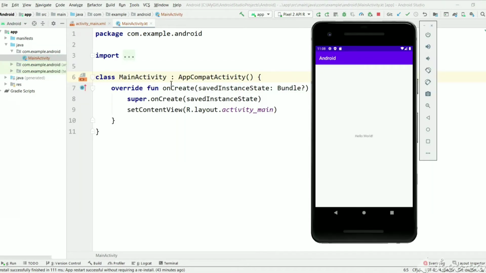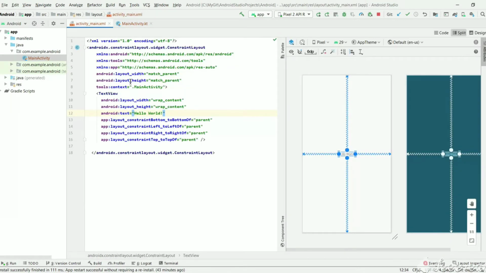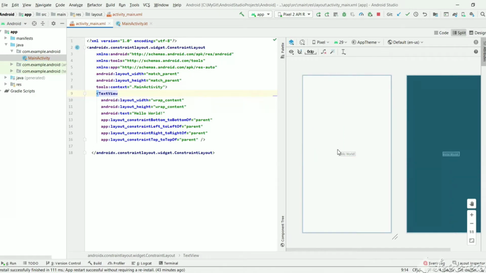But here, in MainActivity, the background of this screen is the XML layout file. So without the XML layout file, we can't see this Hello World. So here you can see this activity is linked to this layout file, activity_main. If you open this activity XML file, we will be seeing the actual UI elements and its layout. And this is the design. While developing, we can see the design of what we can view when we start an Android app.